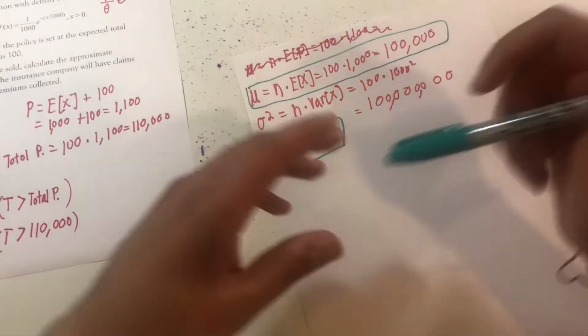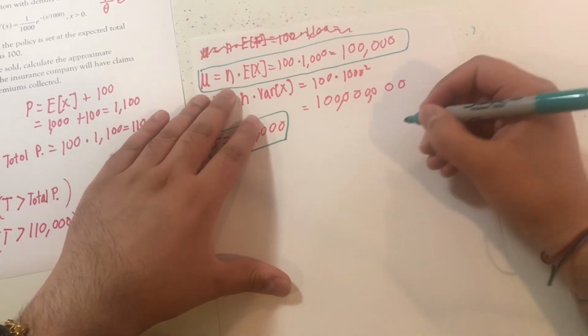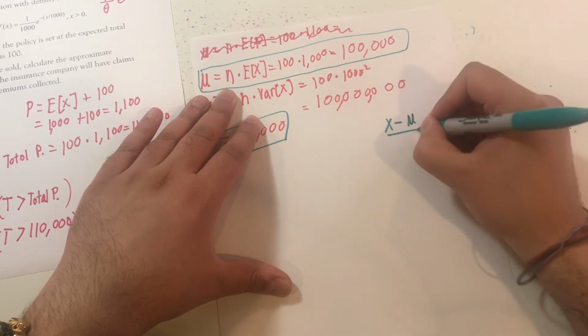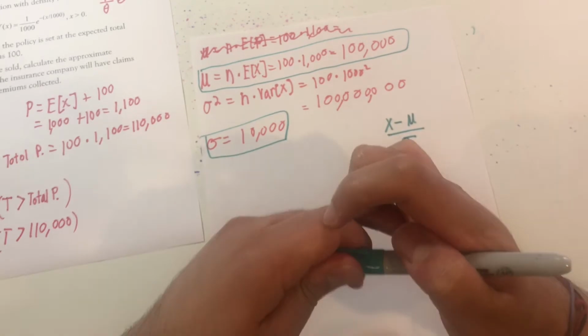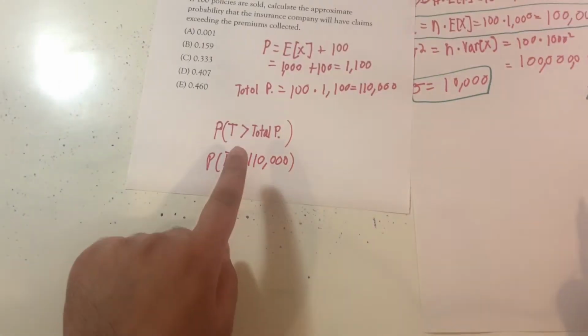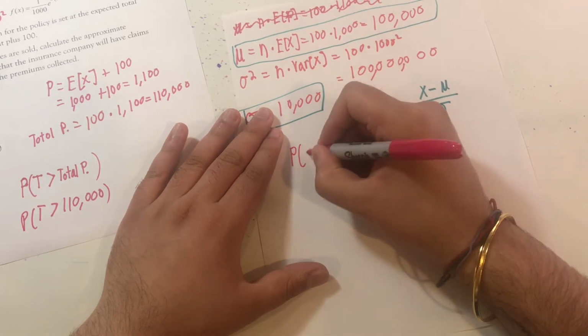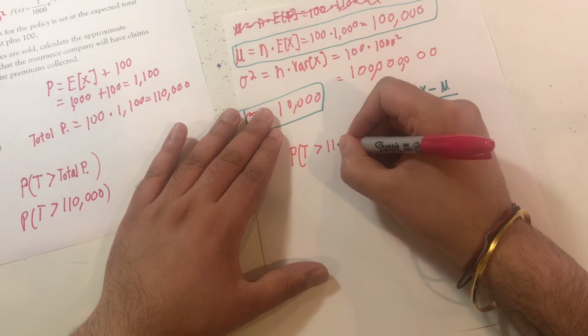Now, here it is in a different color. We're going to calculate a z-score. X minus my expected value divided by my standard deviation. That's what I'm going to be using. So, taking this, I'll rewrite this here. The probability of my total being greater than 10,000,